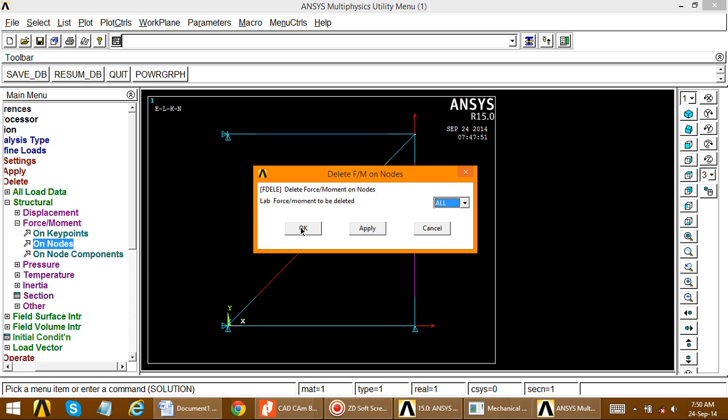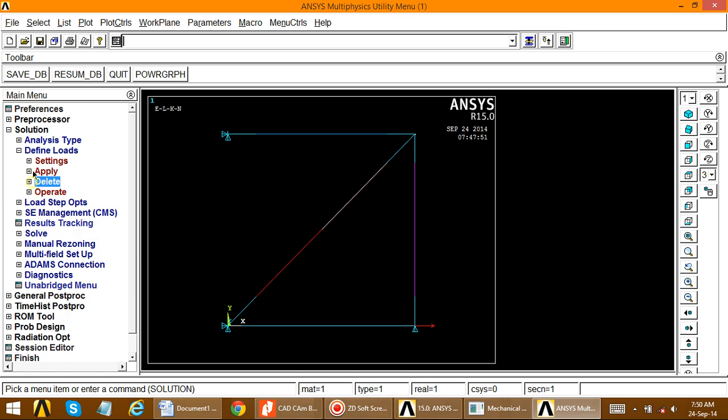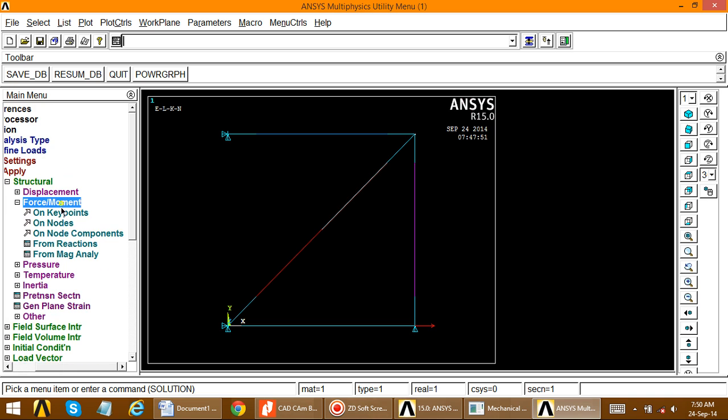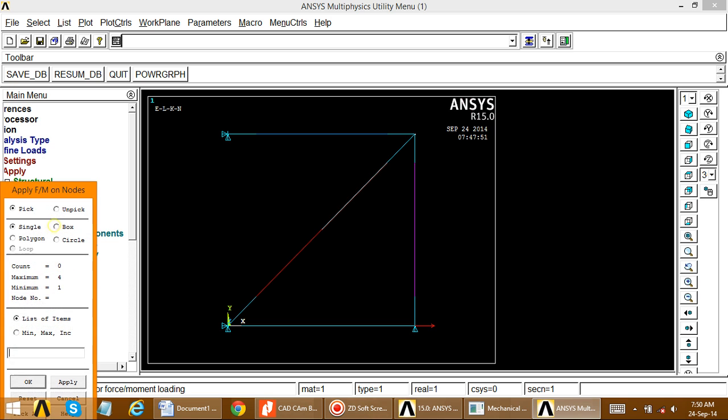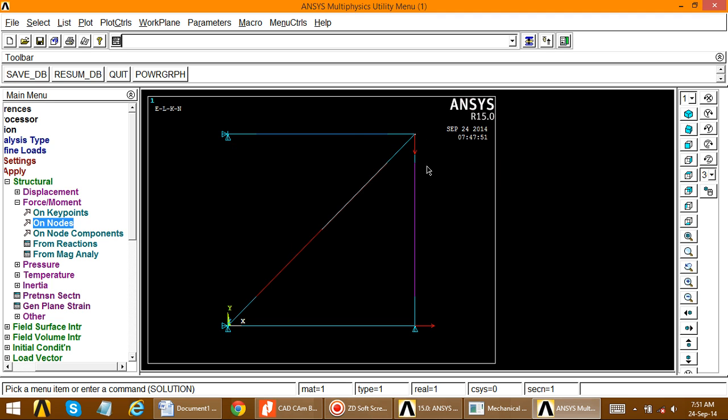So select all is equal to 0. So this is deleted. Now the same procedure to apply structural force moment on nodes. Select this, apply. Just give the negative sign, it is Fy, constant value, negative sign, okay. So this becomes in downward direction.